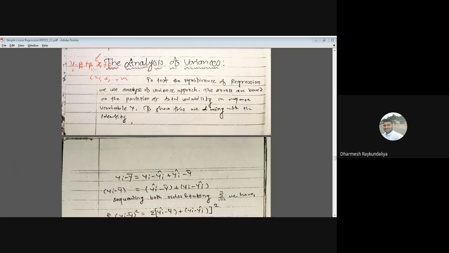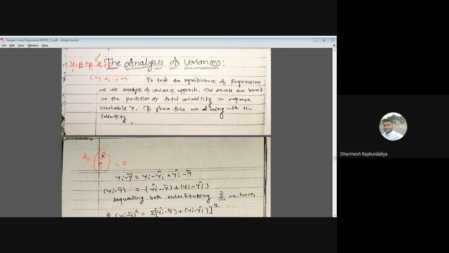So we always try to see the impact of x on y. So we always try to see the significance of beta 1. And if you take beta 0, then again you can. So the hypothesis we wish to test in this setup is usually that beta 0 and beta 1 are simultaneously 0. And to perform this hypothesis test, we have to use the concept of analysis of variance.